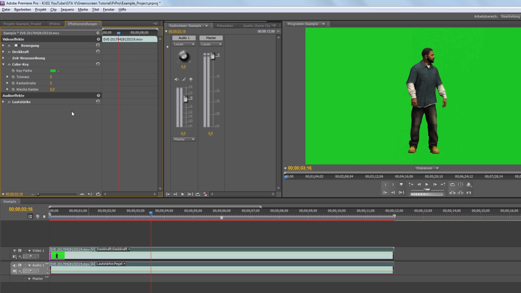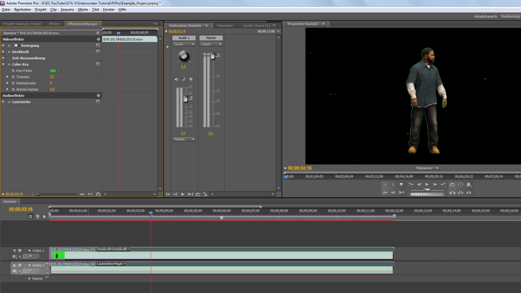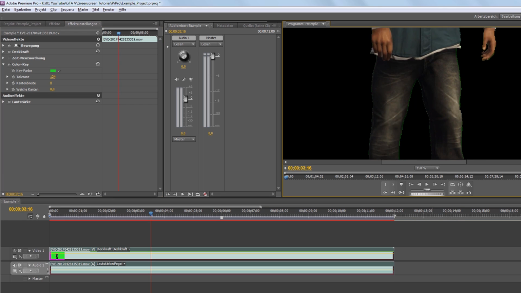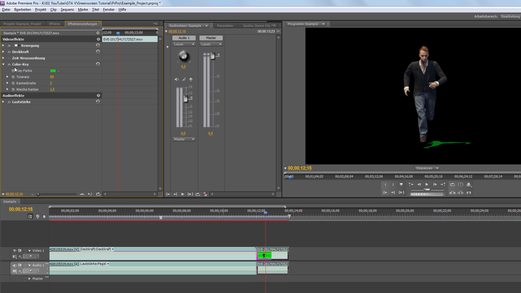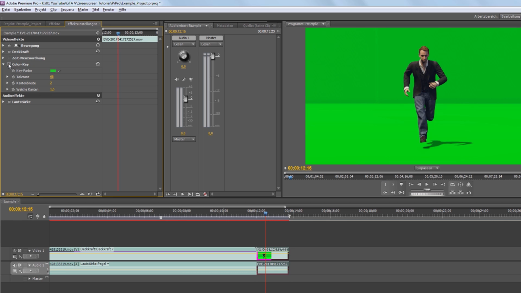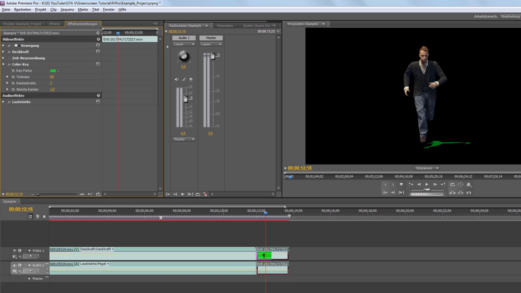Now you will have to adjust the tolerance of the color. The higher you set the value, the more color is eaten away. For better results, you should soften up the edges a little bit as well. Just experiment with what will work best. It always depends on your footage. You can also copy-paste the color key and select two different colors. This will help you with the shadows below your characters on the feet, for instance. Just select the darker green and adjust the tolerance again. Both of these color keys will then work hand in hand.